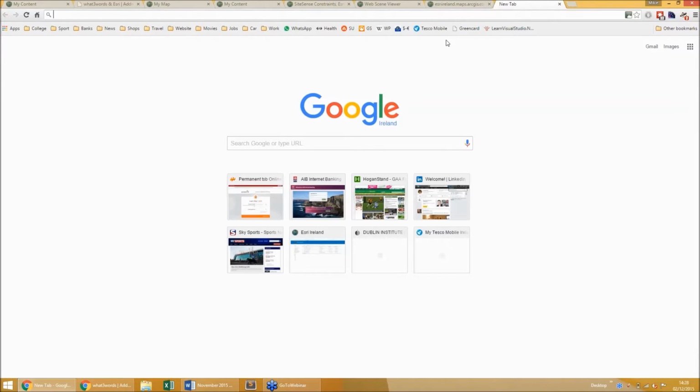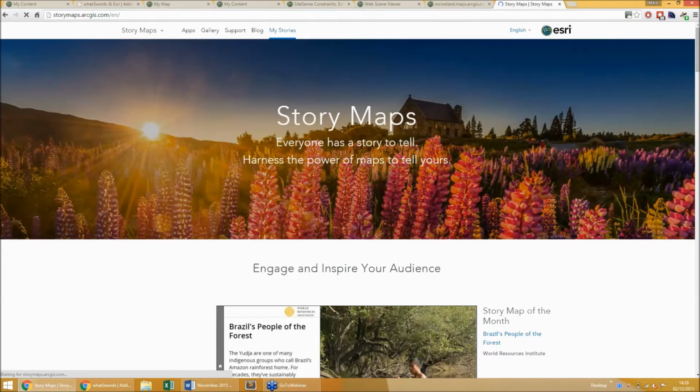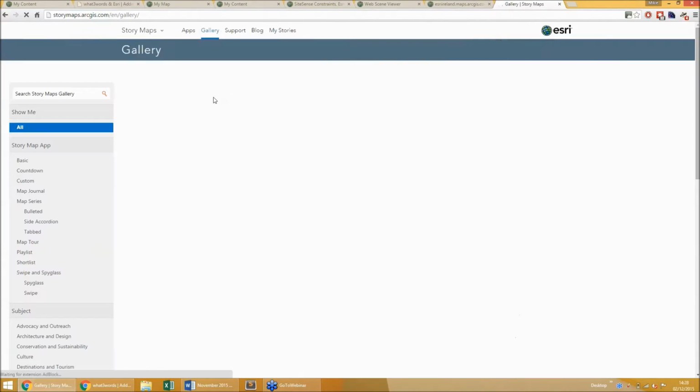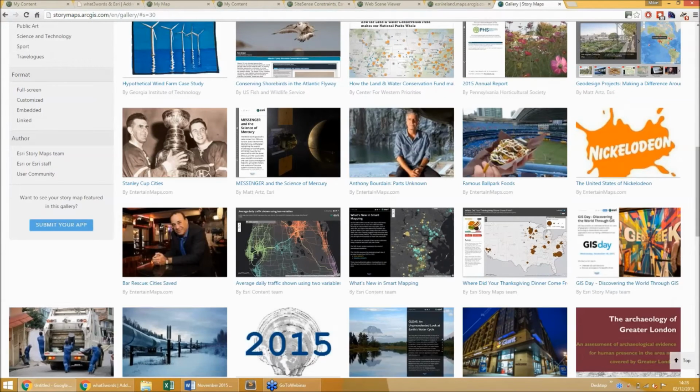So if I'm going to go to story maps today, I'm going to go to storymaps.arcgis.com and have a look at the gallery. I'm just going to pick a random story map here, say this one.